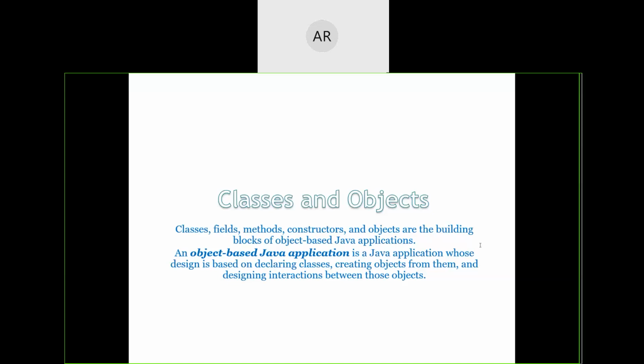Just like consider the civil building construction. First, they will create a map of the house. The map of the house is the class. In the map, it will clearly specify how much will be the length of the room, what will be the width, how much will be the height of the building, everything will be mentioned.